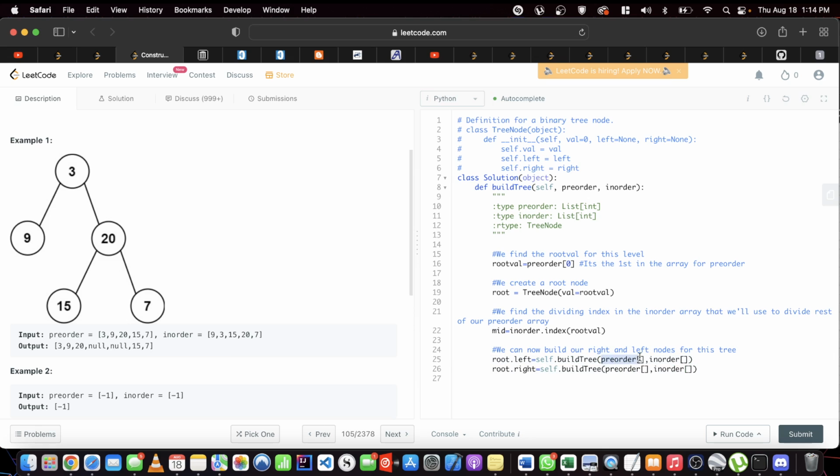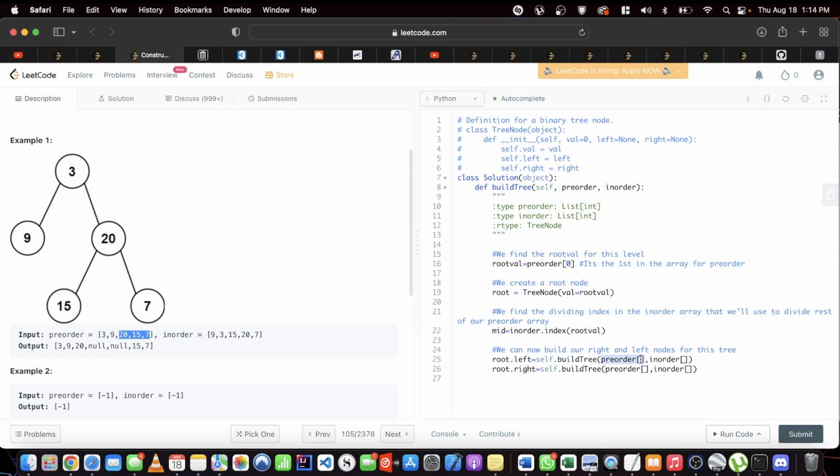This preorder here is going to contain this part, since it's the left, right? And how do we know we're dividing it up to here? Because in the inorder, this is our root, so the left is this side and the right is this side, right? So our preorder is going to be this part for the left side, and then our right side is going to be this side,